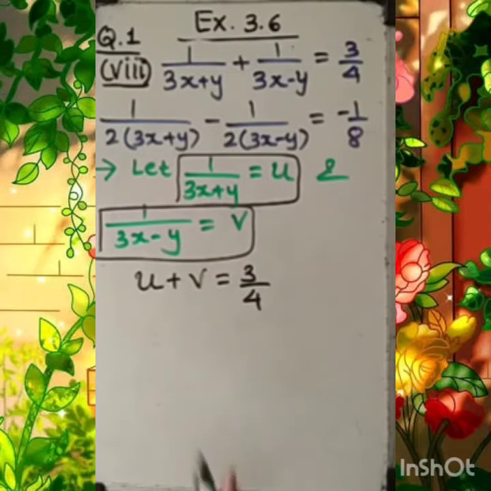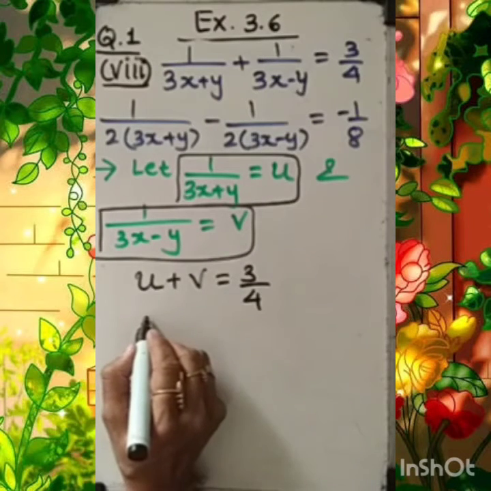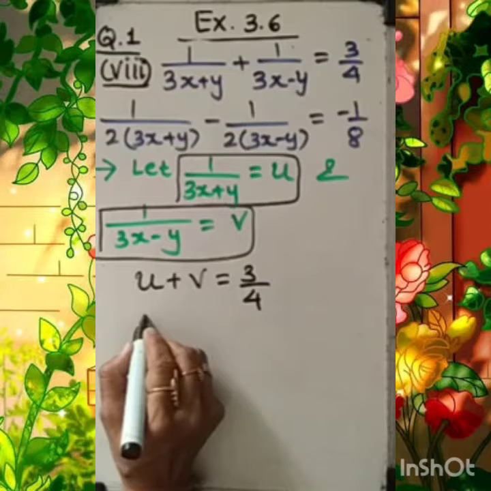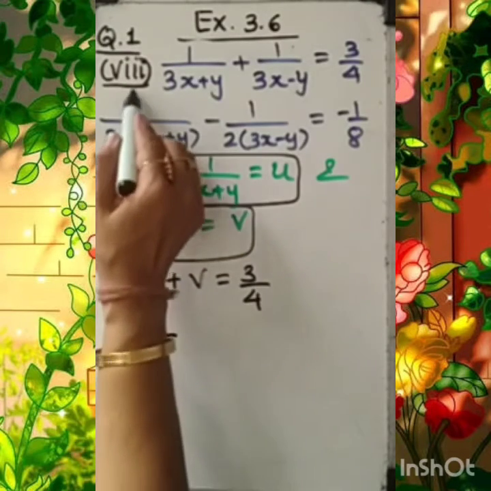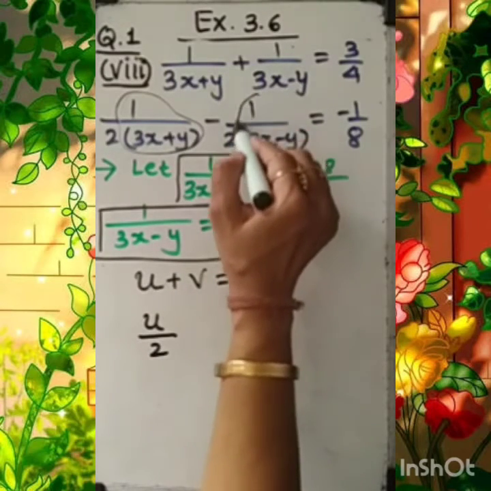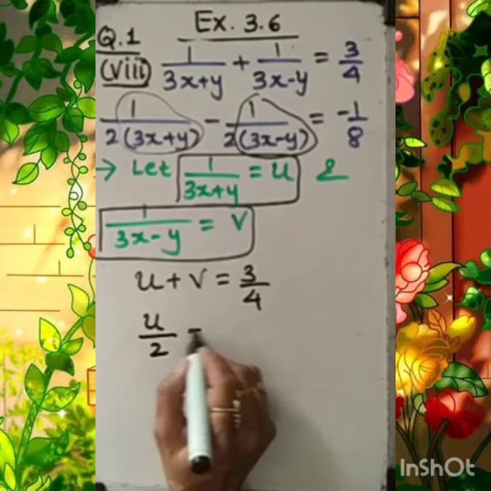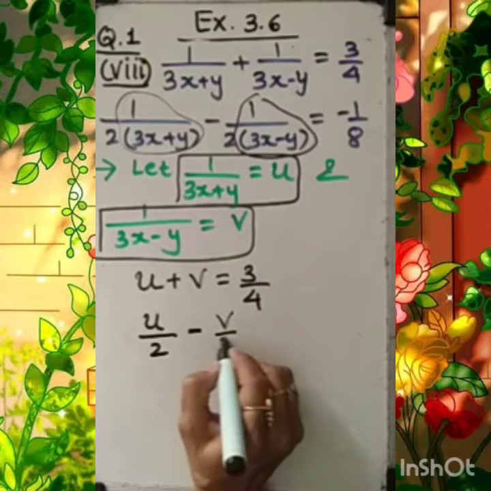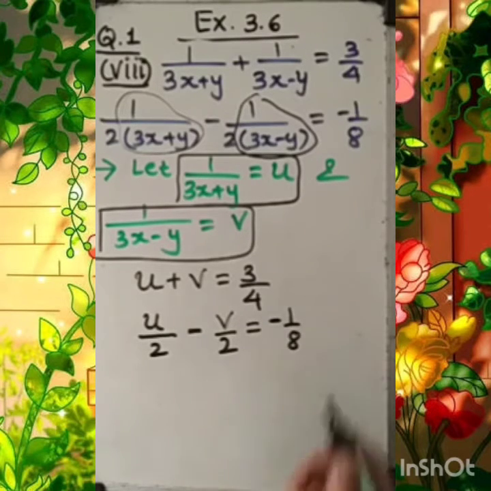No problem. Then here 2 is also there. You can see it is in half, so I need to write it as 1/2. The u by 2, because 2 will be left for u, this much portion we are covering. This much portion is u, this much portion is already v. But this 2 is in the denominator. So here minus v by 2, that is equal to minus 1 upon 2.